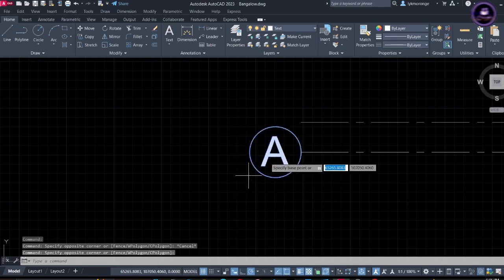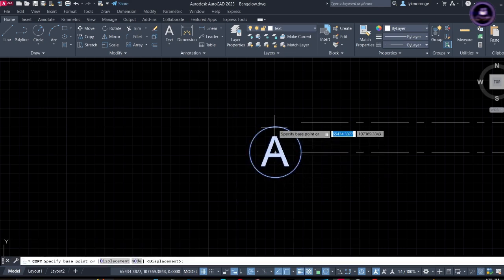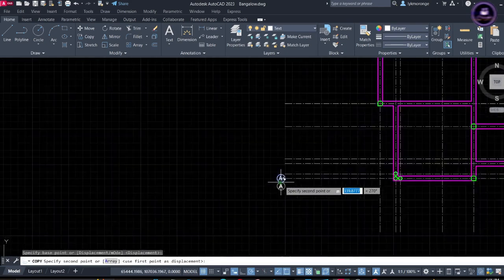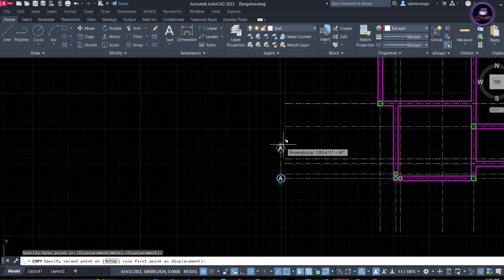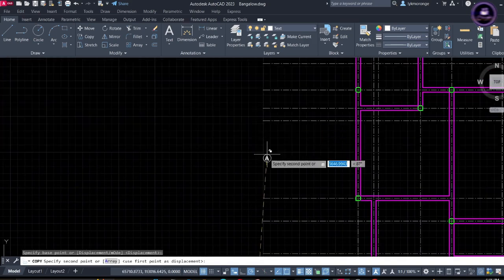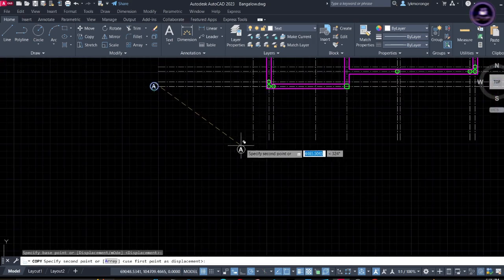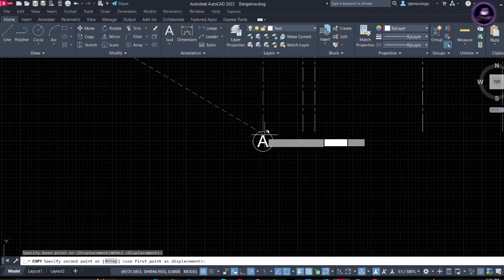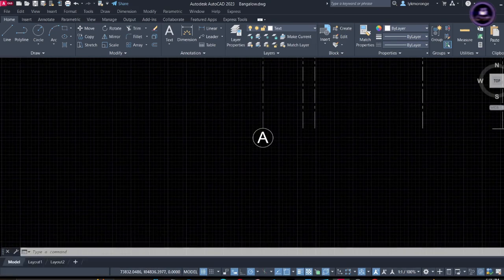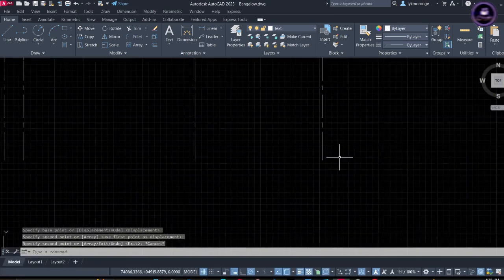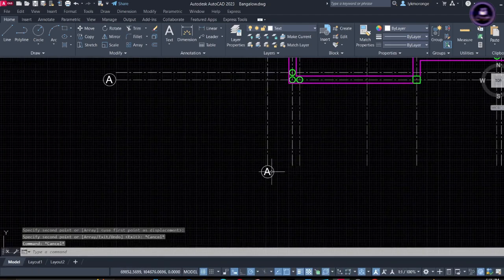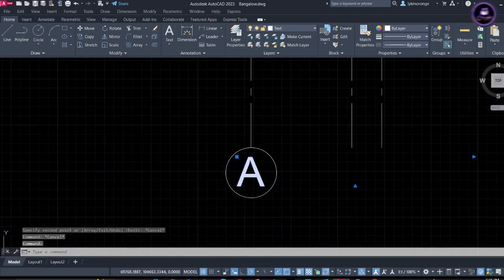Let me just copy this. Let me just pick it from here. So all the horizontal grid, I'll start with A, B as I move upward like this, and then the vertical one, I'll start with 1 as I move on this side, like 1, 2, 3, 4, 5. So I can just go and label my axis